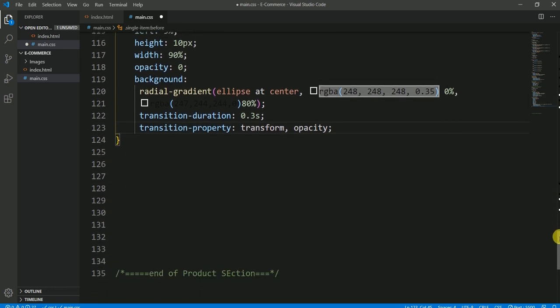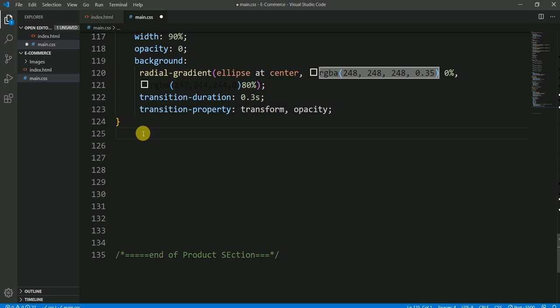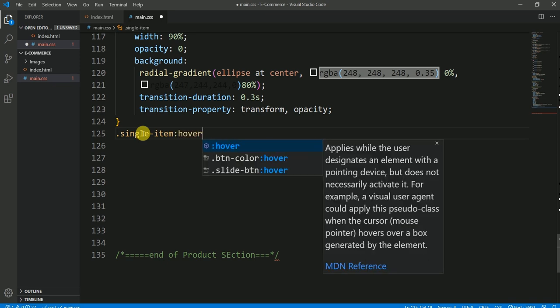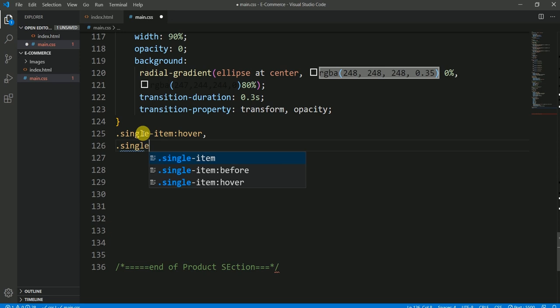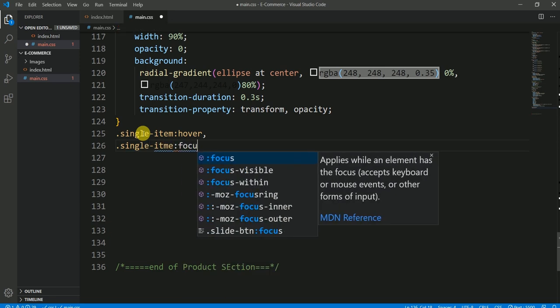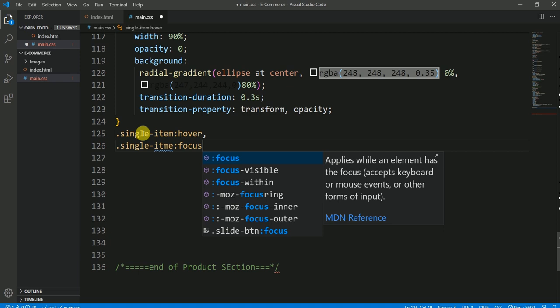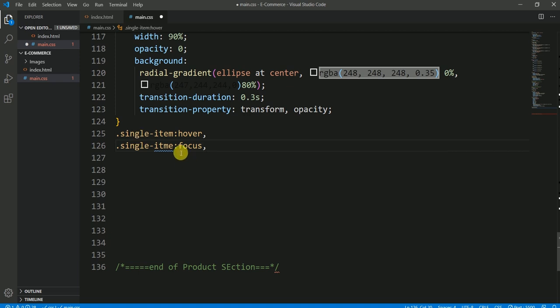Let me bring it here and here, single item hover class, and then I want to go with single item focus for mobile responsive, for mobile devices actually,